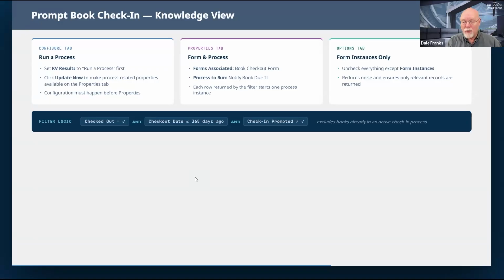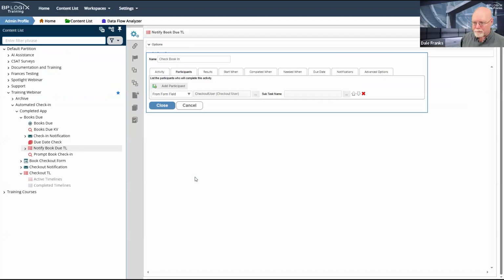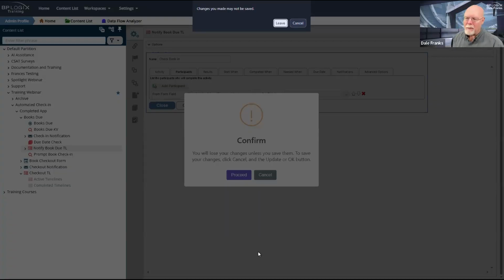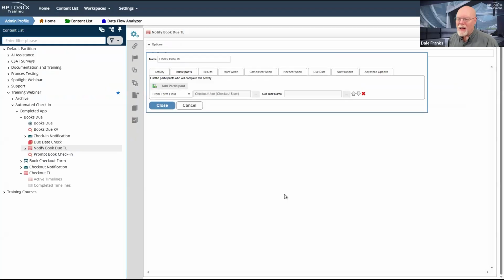So we're going to need to filter all 3 of those things for the process. And what we're going to do is set this prompt book check-in knowledge view to run a process for each row in the knowledge view. So let's go look at our knowledge view. I don't believe I made any changes here, at least I shouldn't have. So we are going to skip past that and not save anything.